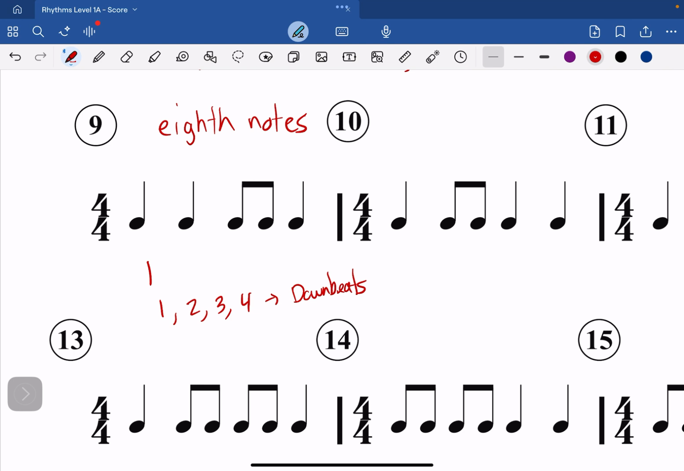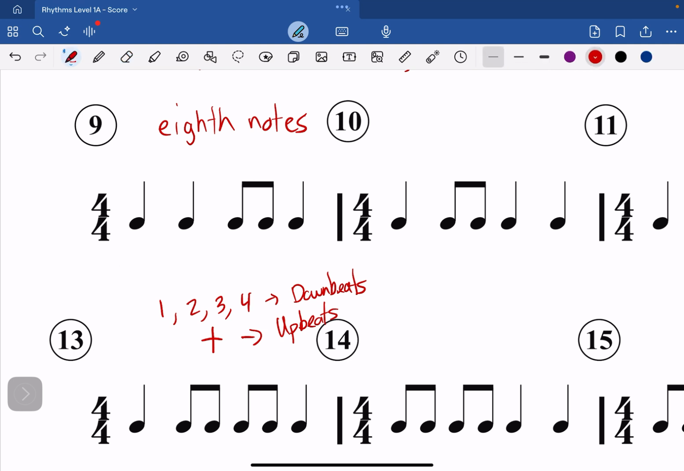If it falls on an upbeat, we're going to put an and sign. It looks like a plus sign, but we call that an and sign because it's a lot easier to write that sign versus this really fancy one that I can't do very good anyway. So let's go ahead and